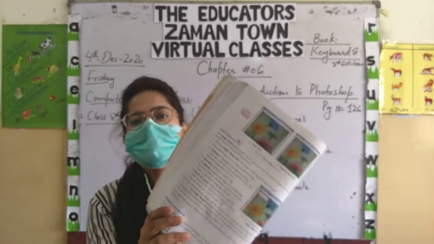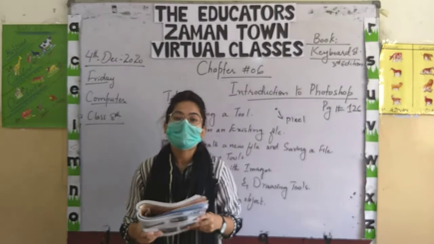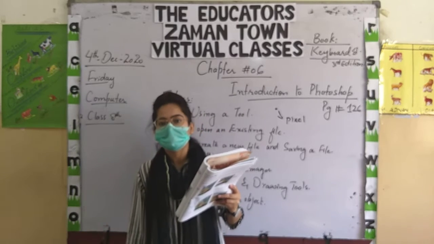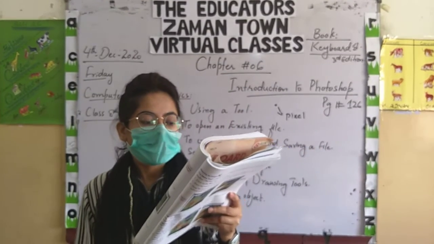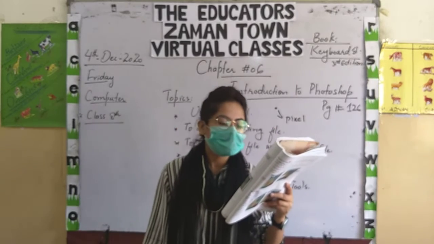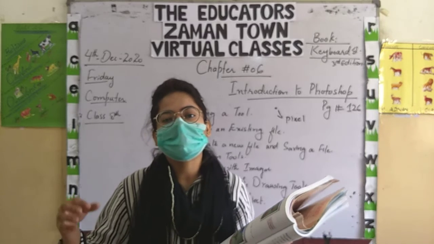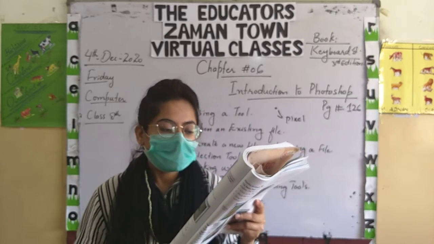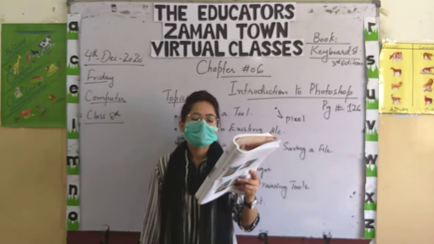On page 130 we have another tool, the magic wand tool. Magic wand tool is basically used to select adjacent areas of the same color. It has further properties. We have tolerance, anti-alias, contiguous, and sample all layers. The first one, tolerance. If you have a higher tolerance number, it means the range of the selected pixels becomes wider, and we have a range from 0 to 255.